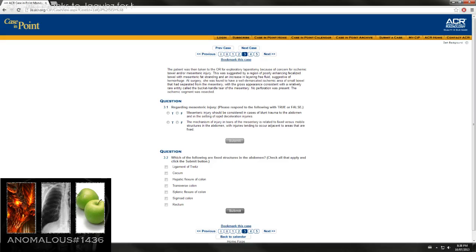So, regarding mesenteric injury, true or false? Mesenteric injury should be considered in case of blunt trauma to the abdomen and in the setting of rapid deceleration injuries. That's absolutely true. You can get blunt trauma, let's say the abdomen, seatbelt, steering wheel, whatever, and all you'll see is some pericolonic fat stranding, which may get worse and worse as you go on, and you follow that